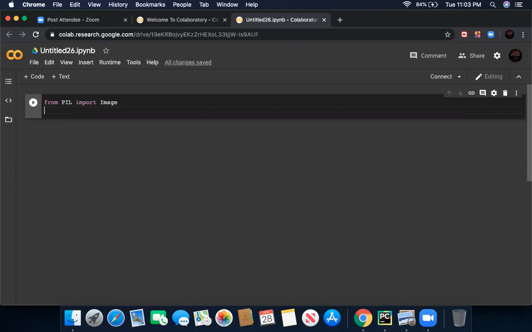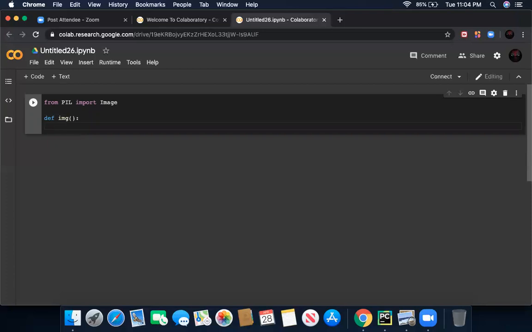Okay, now we are going to define a function for our image. def is the definition of a function. I'm going to call this function img for an image.